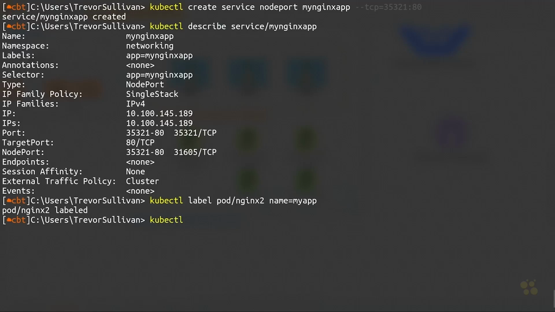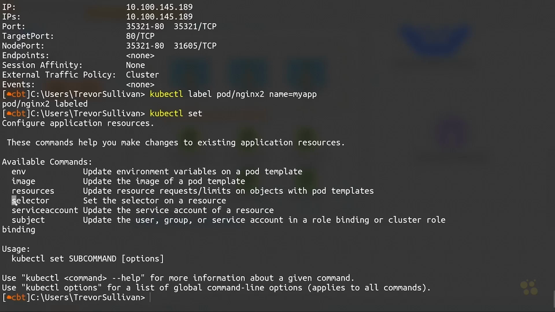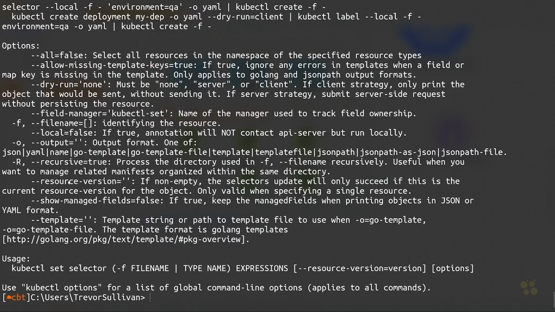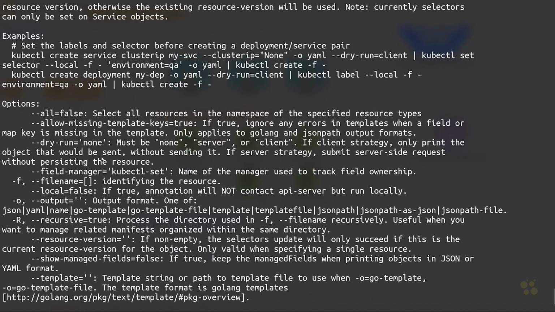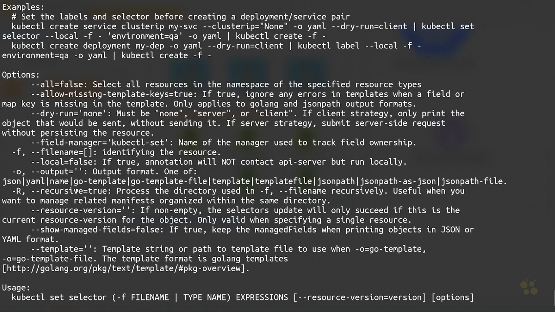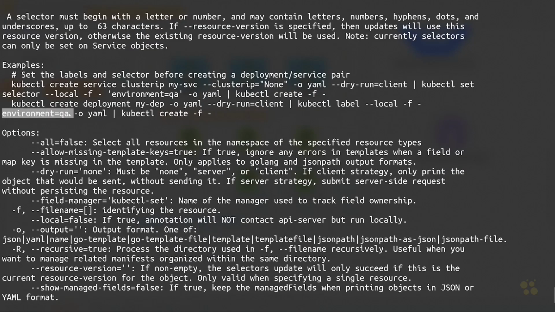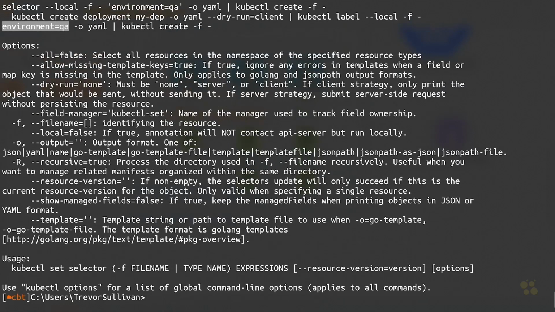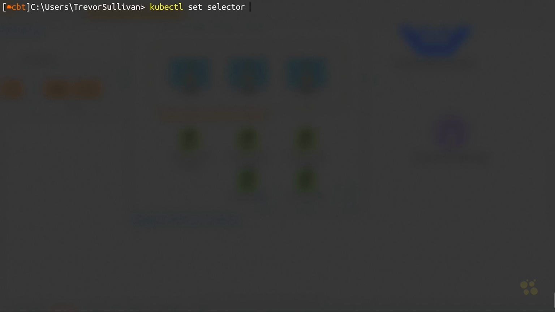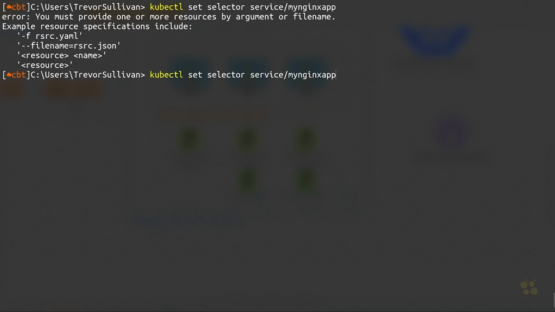So what we can do to do that is do kubectl set, and then we can do set selector. Let's do set selector and take a look at the help for that. And what we're going to want to do is set the selector on the service. So we'll have to plug in the service name, but then we are going to basically plug in our key value pairs here afterward. And so that's how we're going to assign them to the service. We'll do set selector on service my Nginx app. And if we run that, it's going to, of course, ask us for the resource. Actually, we were already providing the resource here,